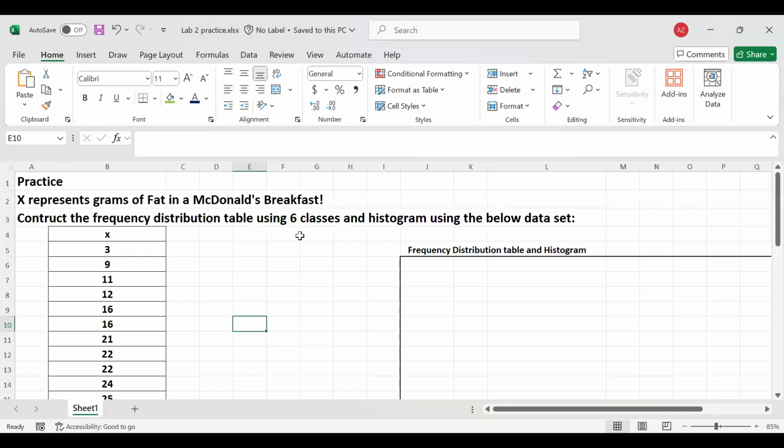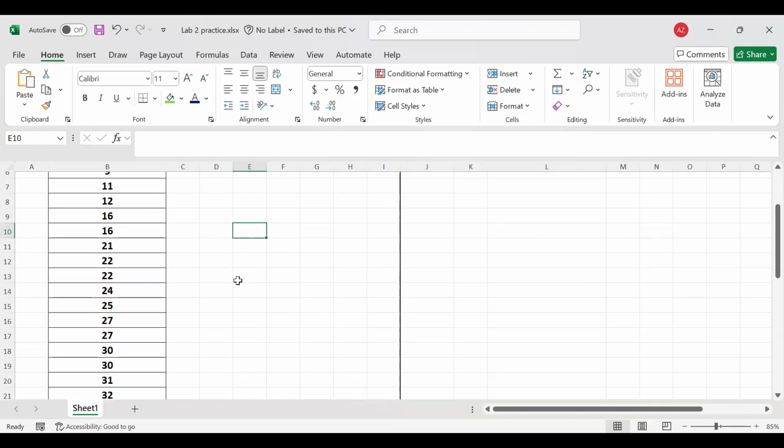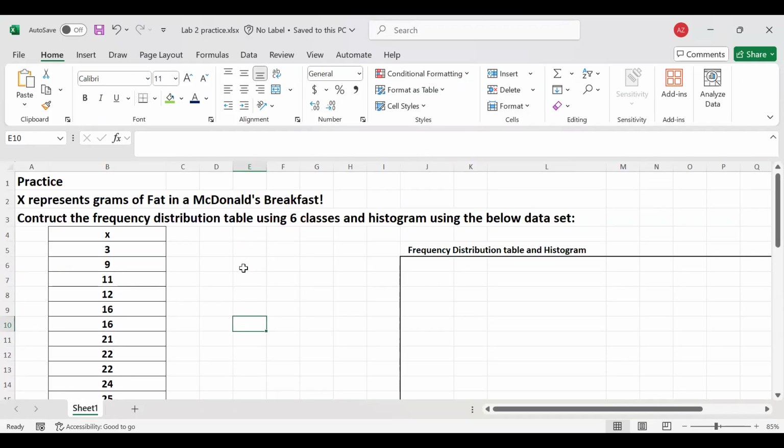So again, this is about the McDonald's breakfast. Okay, now we're going to create a frequency distribution table using 6 classes, and also the histogram using the following data set. And right here, we're gonna